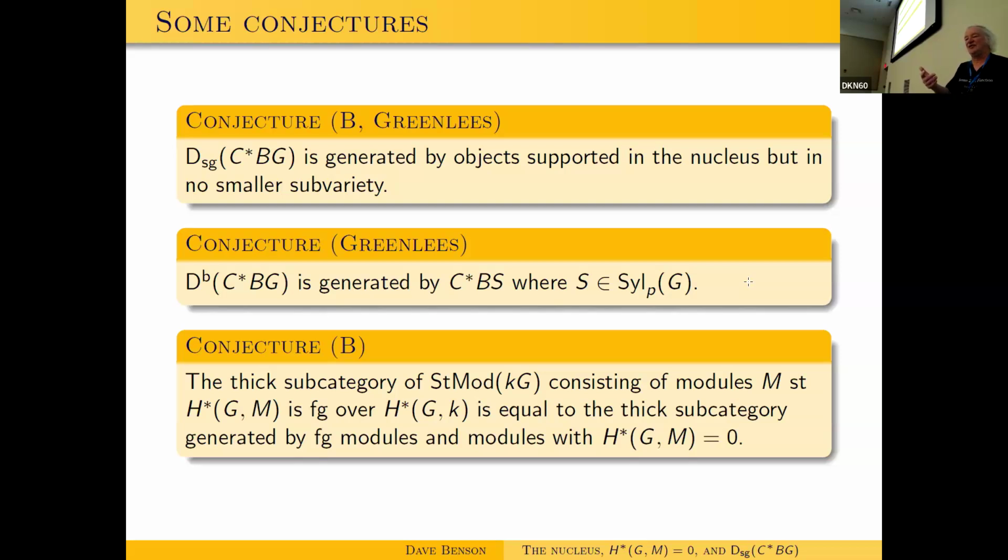It's really not obvious whether it generates the bounded derived category. I mean, John Greenlees and I have spent many days trying to prove that and failing, and trying to find examples where it doesn't occur and failing and so on. But that is just known for some class of groups. There's quite a limited class of groups for which we can prove actually all the conjectures I'm stating today.